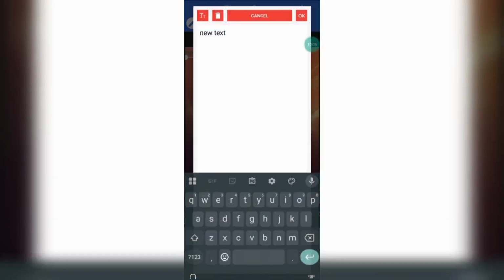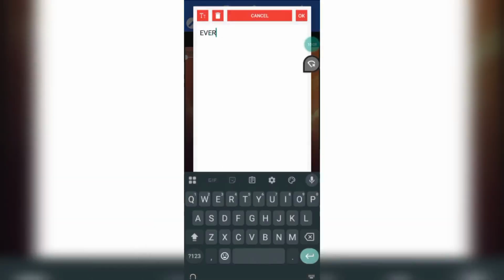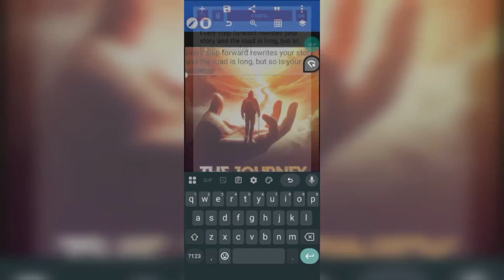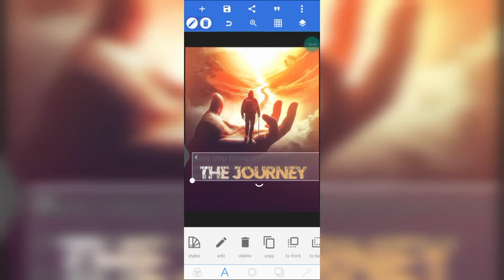So go to your A icon, be writing this. Every step forward rewrite your story, and the road is long, but so is your potential. So when you are done, click on OK. Beautiful. So reduce it,